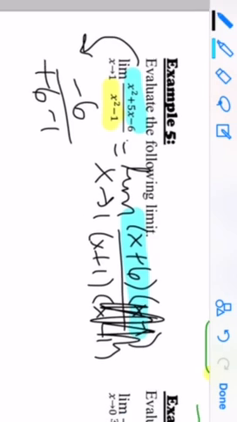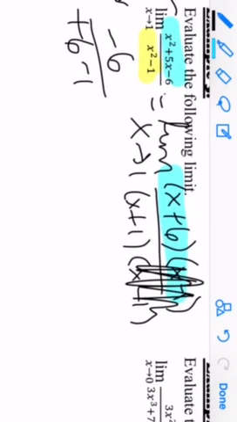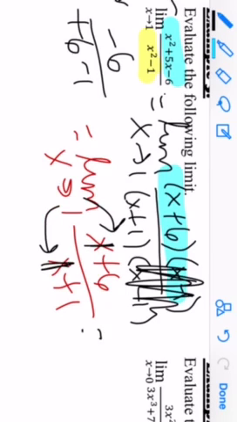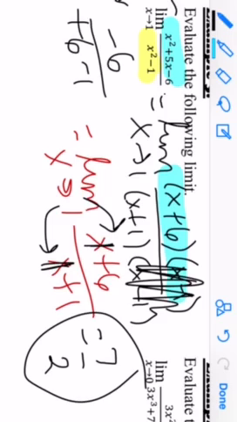All right, and now we can find our limit just by using direct substitution. So this is now the limit as x approaches 1 of (x plus 6) over (x plus 1). Okay, and so we're just going to plug those in. So let me just get a different color. 1 and 1. Substitute that in. And you should get 7 over 2. All right, one more. If you want to try factoring this by yourself,